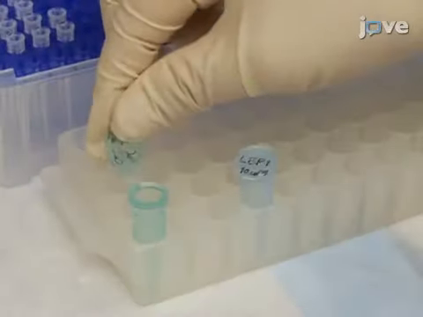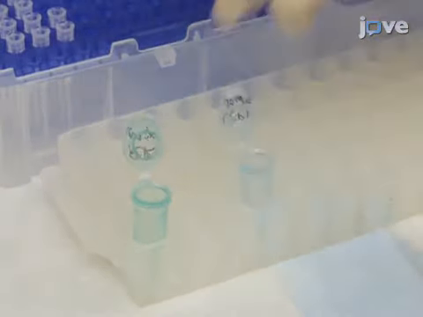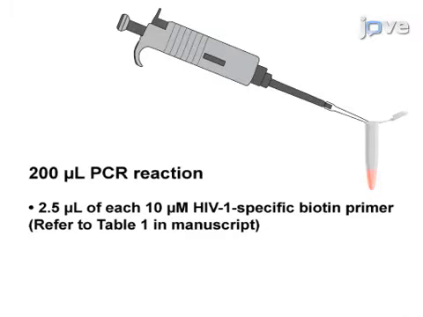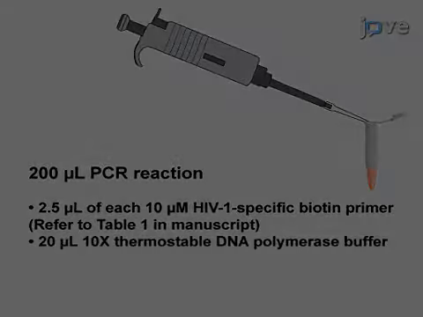Prepare a 200 microliter PCR reaction by mixing the following in a microcentrifuge tube: 2.5 microliters each of HIV-1 specific biotin primers, or a total of 10 microliters for 4 lentivirus specific primers, 20 microliters